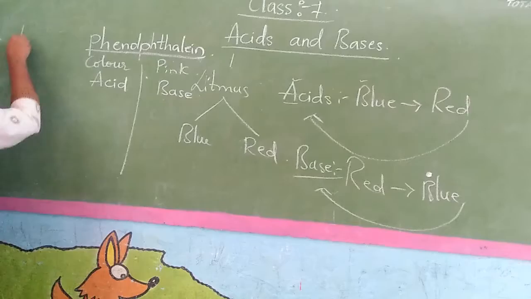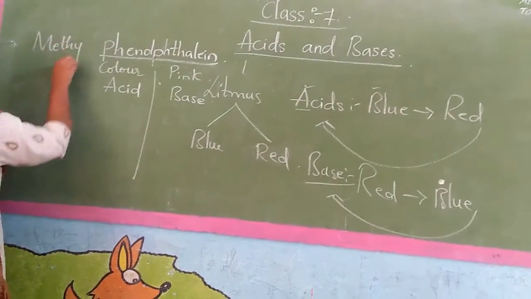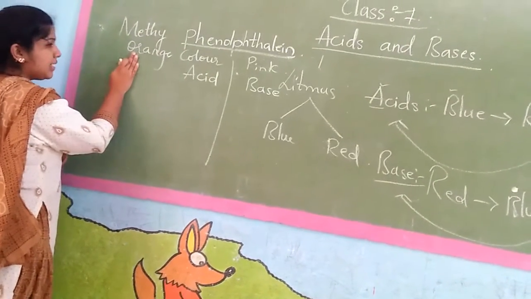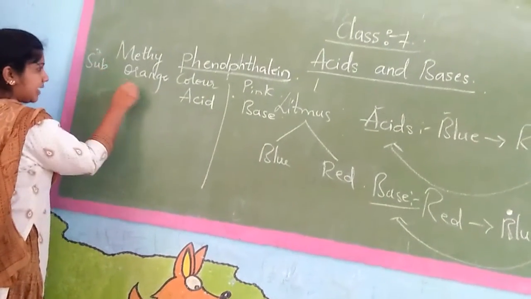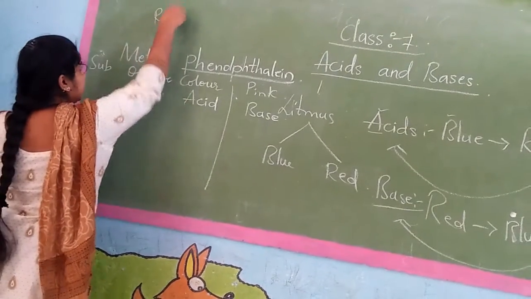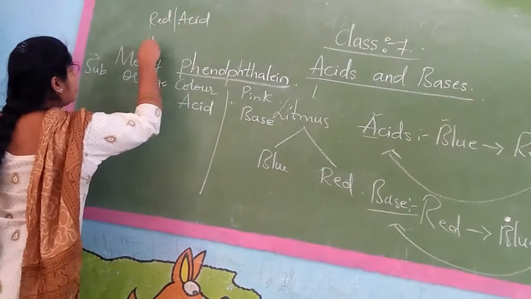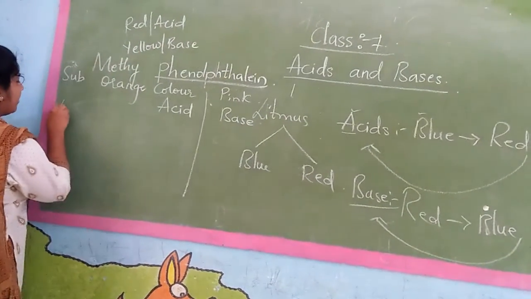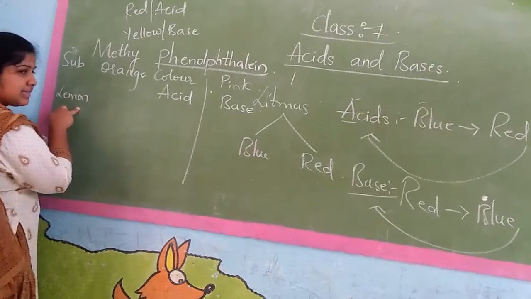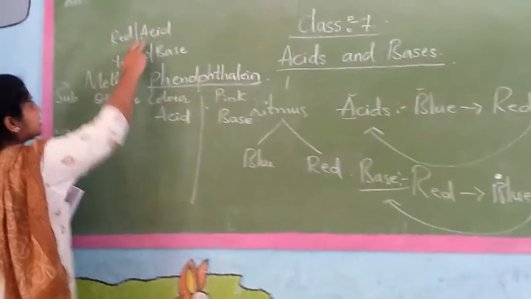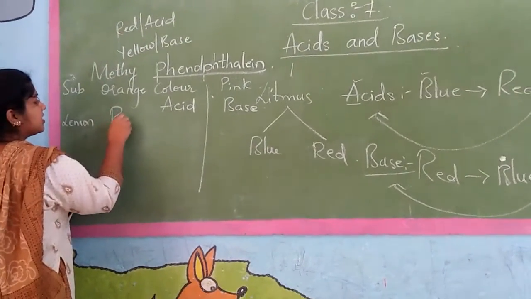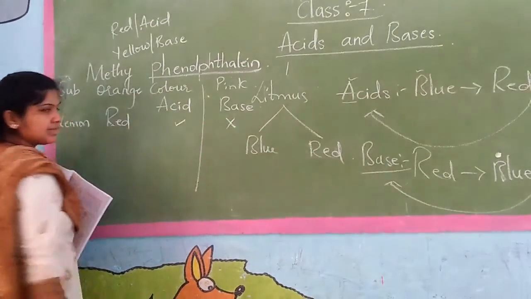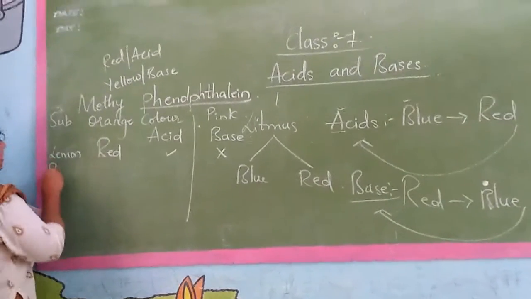Methyl orange is also one kind of chemical. We will take orange. For example, if the substance we are taking is an acid, this changes to red. It changes to yellow if it is a base. Understanding? So what are we taking? First we'll take lemon. Lemon means what? Lemon is an acid, it has citric acid. So acid means this methyl orange changes to which color? It changes to red color. As lemon is an acid, phenolphthalein stays colorless. Okay? Then we will take baking soda.